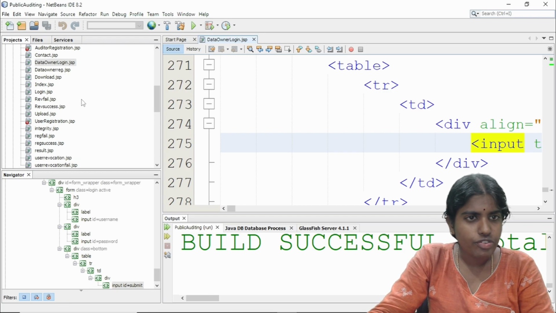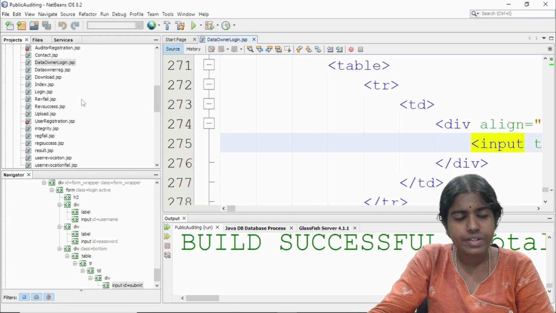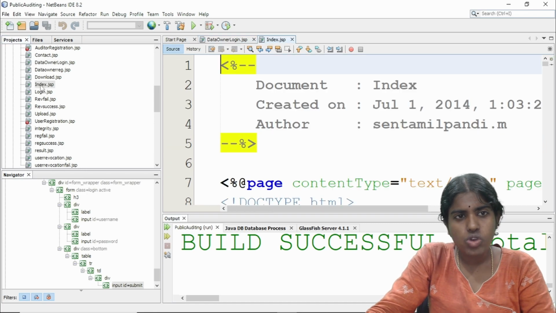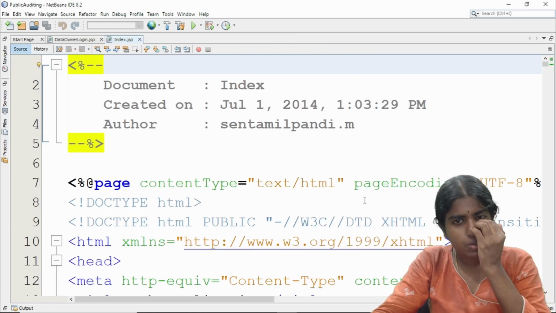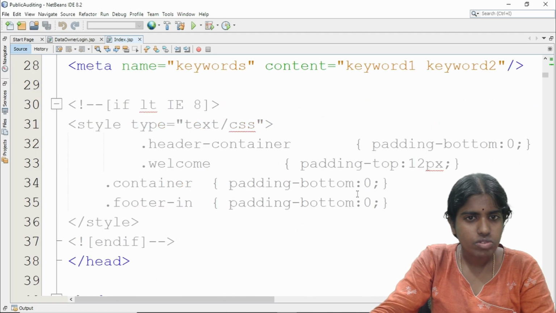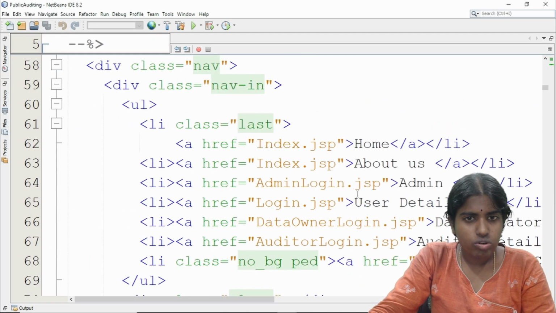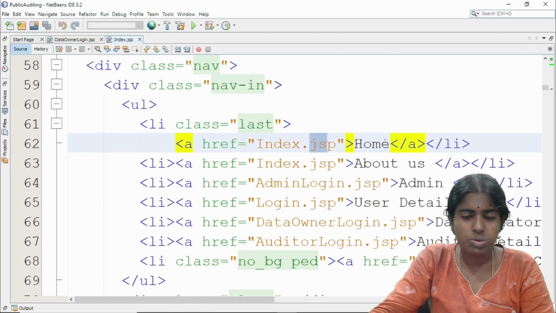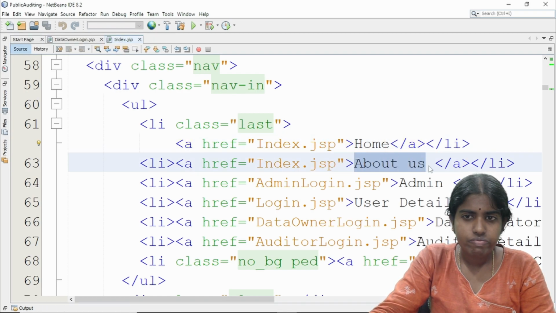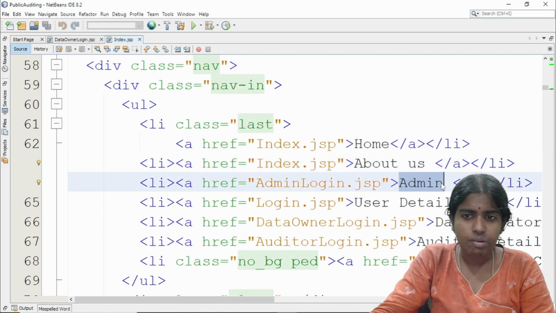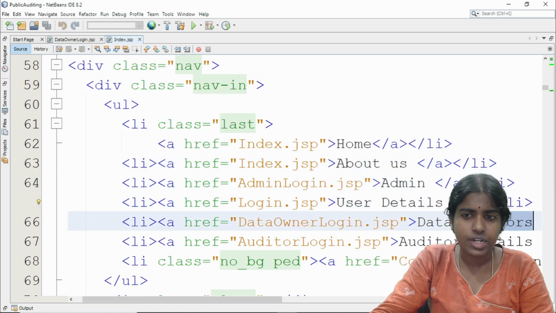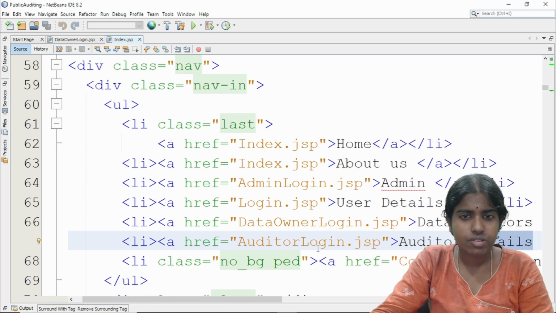So all these are the different .jsp files. So I have index.jsp. So what are all the different .jsp files? Inside this index.jsp, I'm just having here home, about us. There will be an admin page, user details, data creator, auditor details.